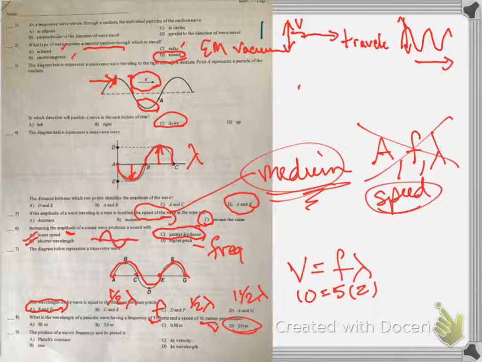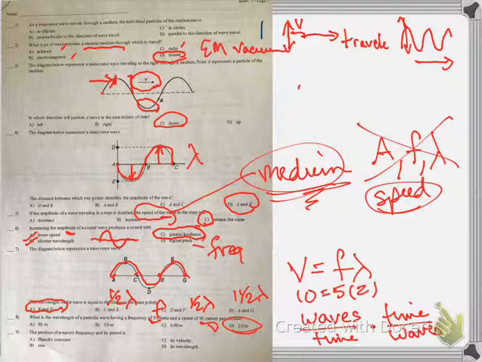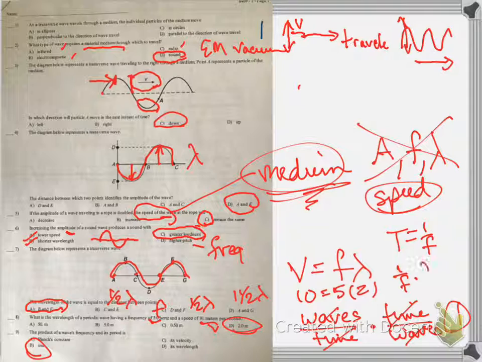Next question. Last question. The product of a wave's frequency and its period is? This is tricky. The frequency is defined as the waves per time. The period is equal to the time per wave. So the product of those is 1. The other way to look at it is T is 1 over f. So 1 over f times f is equal to